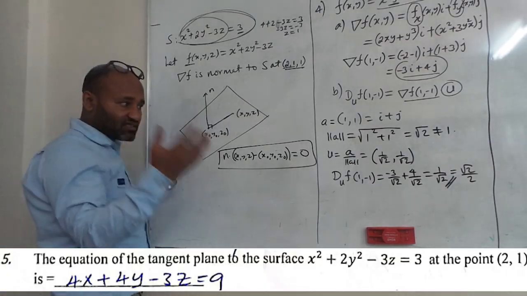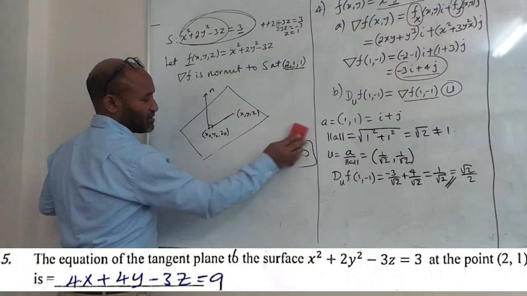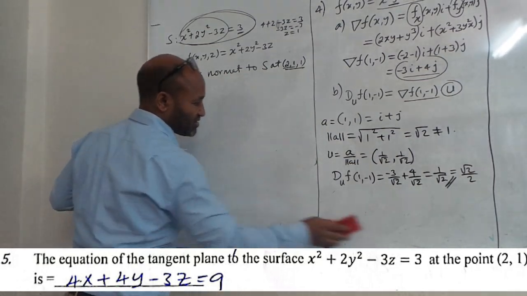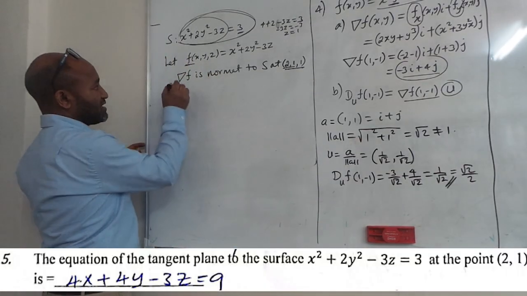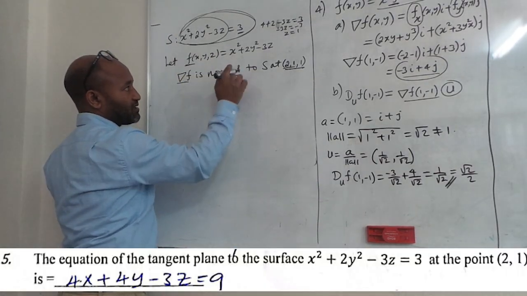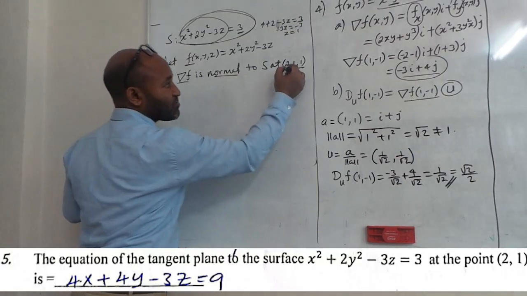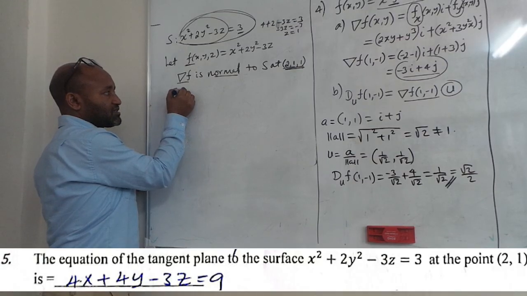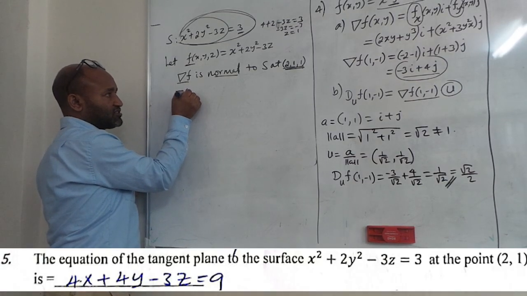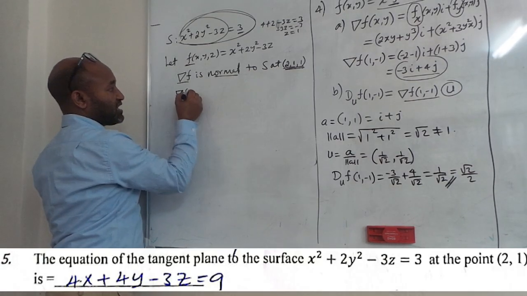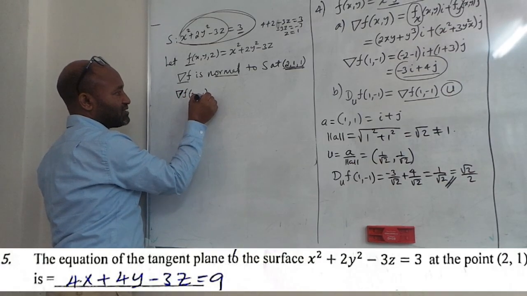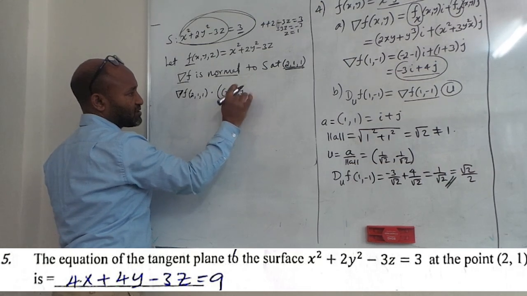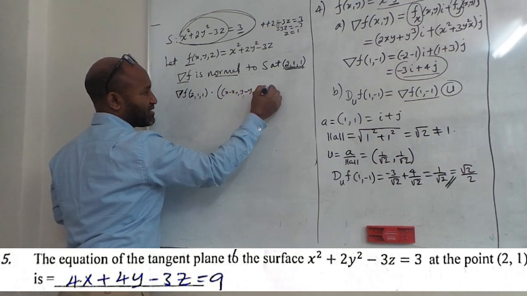So we need to remember this concept from vectors. If you studied vectors in Applied One, we need to recall this concept. Now after we take that, look, the gradient is the normal n. We have the normal vector to the surface at the point, and we have one point on the surface. Therefore, the equation of the plane will be the gradient of f at 2, 1, 1 dot x minus x naught, y minus y naught, z minus z naught